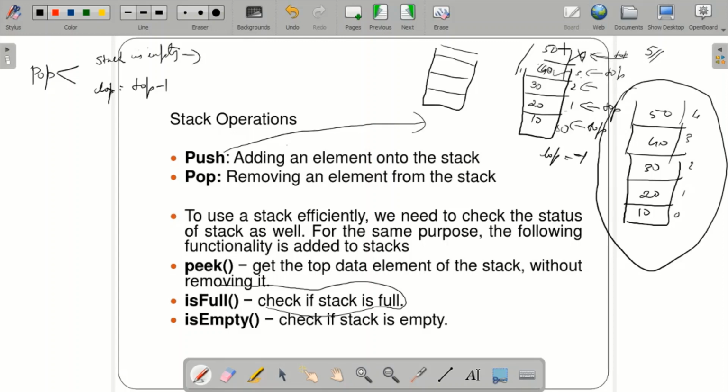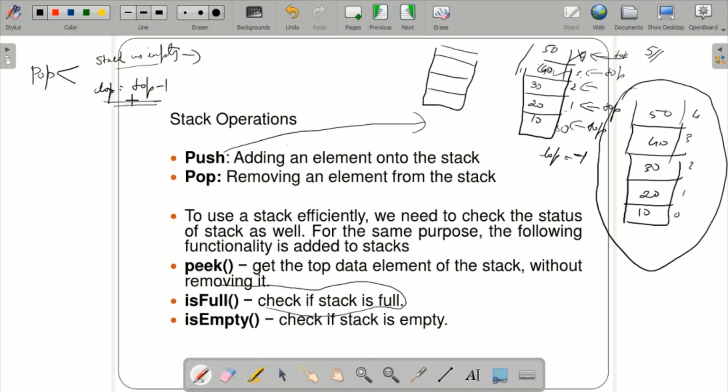But in array implementation, top will be decremented by top equal to top minus 1, but 50 is actually not removed. Whereas in a list, this entire top is also decremented and this element is also removed. But here, while you want to print which element is being deleted, it will be 50. In the pop operation, only top will be decremented to top minus 1 and returns that particular data which you wanted to delete. So in pop you are going to check whether the stack is empty,